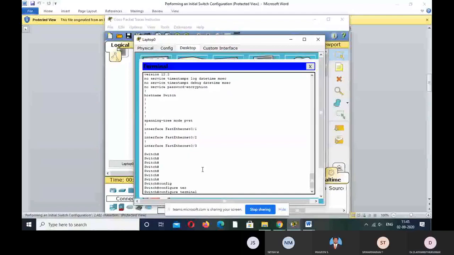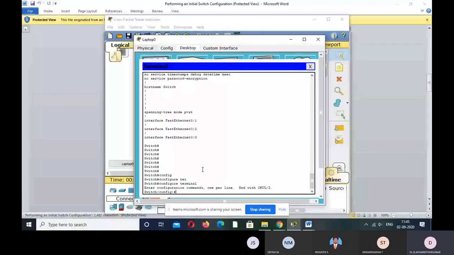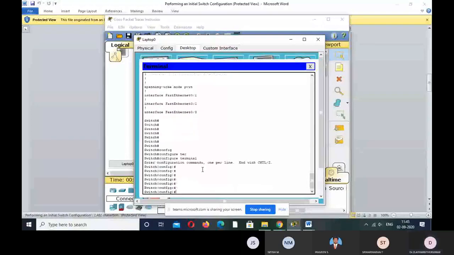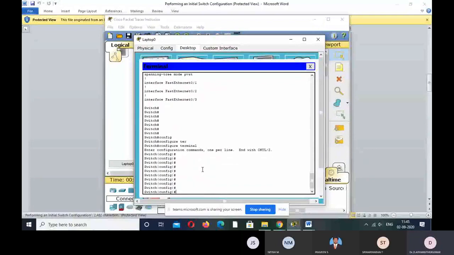So first, if you switch on your switch, the first prompt you enter is user mode. Once you come into user mode, you give the command called enable. Once you provide the enable command, then you log in to your privilege mode. From privilege mode, you give the command called configure terminal. So now you enter into your global configuration mode. So in this mode, I have to use, as per unit 2, you see that